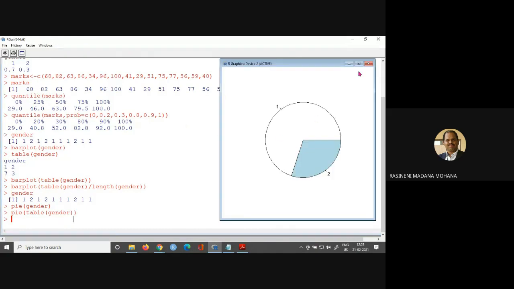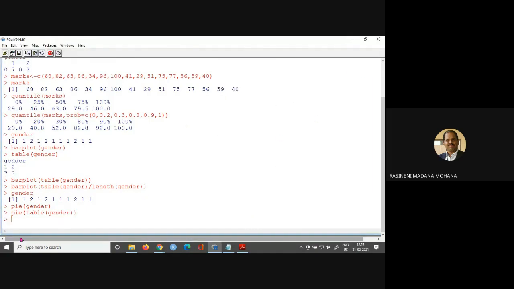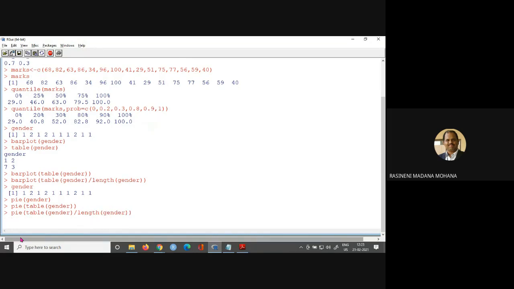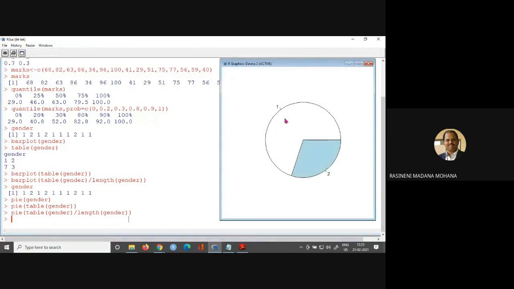This is the pie chart. Even for relative frequency, what you have to do is table of gender by length of gender. Now see, this is the pie chart for relative frequency.